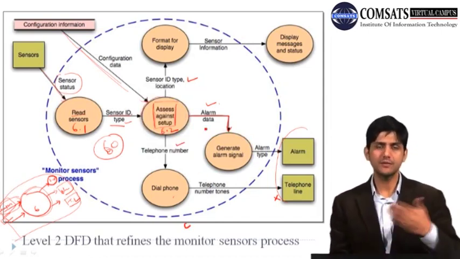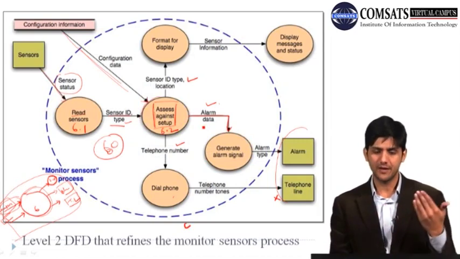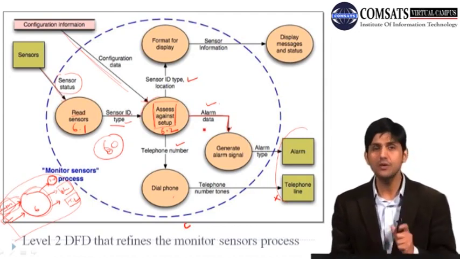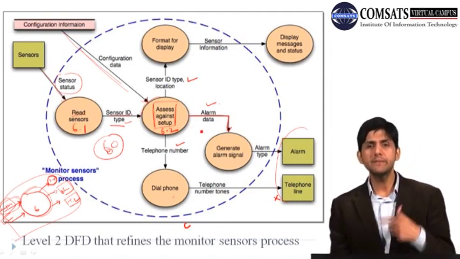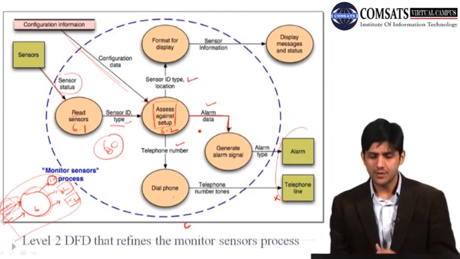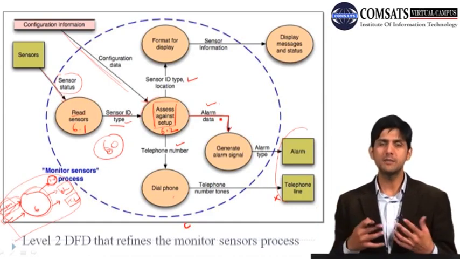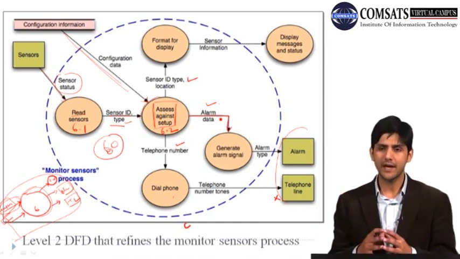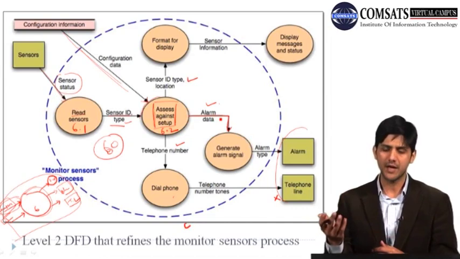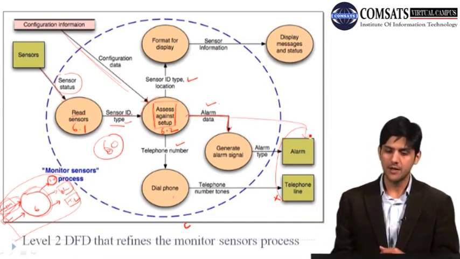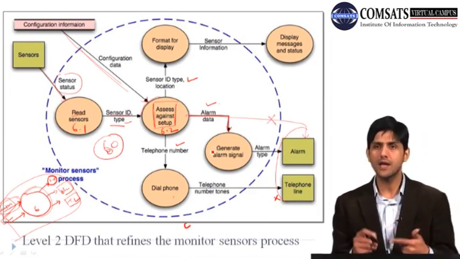So when there are three different kinds of outputs, we need three processes to deal with that, because we know that in the alarm there are multiple alarms stored. For example, if the alarm was generic and there was no option of multiple alarms, then alarm data was useless, and all we needed to do was sound the alarm. In that case, we should have just sent an output to this external entity alarm. But because we have said that there can be multiple alarms,